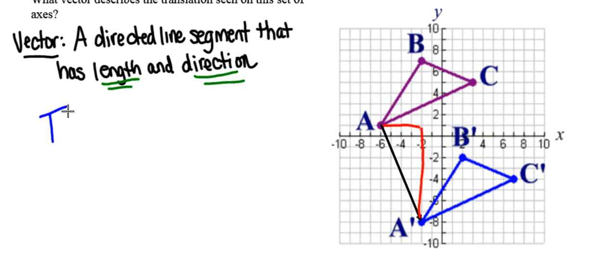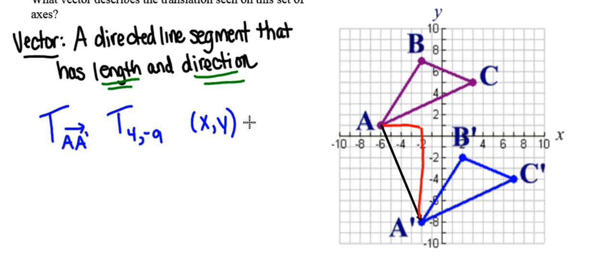So a translation using vector AA' can also be represented as a translation that moves an object 4 units in the x, or horizontal, direction, followed by -9 units in the y direction,